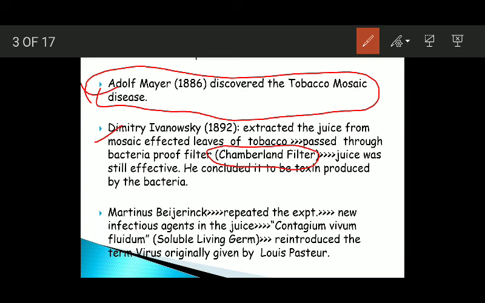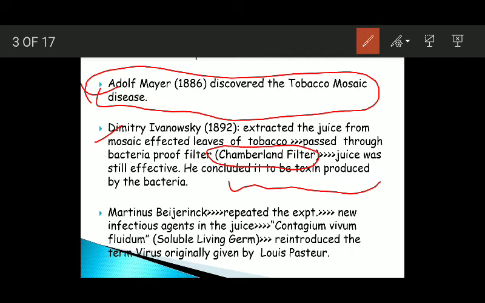The extract that he got after filtration was still effective. That means it could still cause disease in the healthy plants. He concluded that the extract contains the toxin produced by the bacteria, because at that time there was no concept of